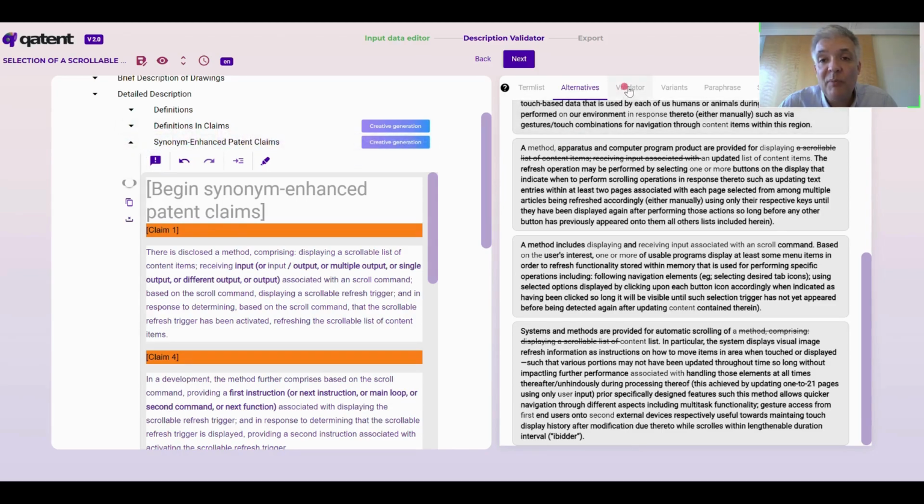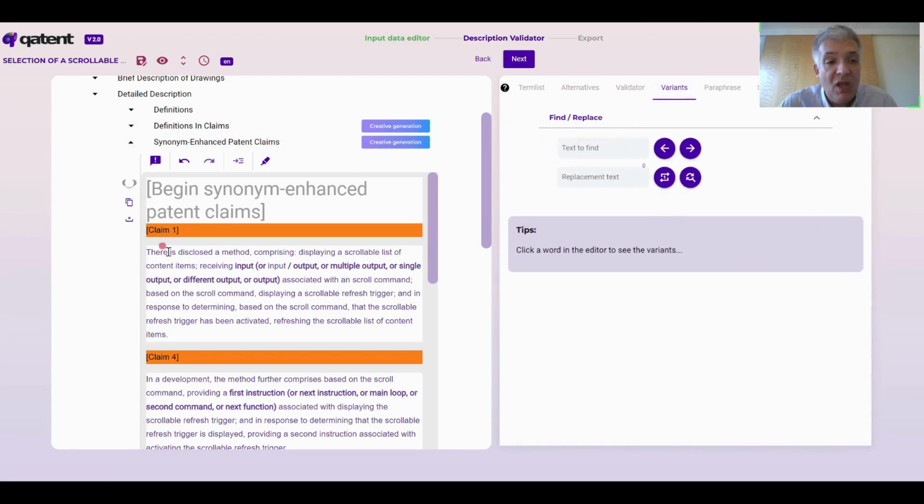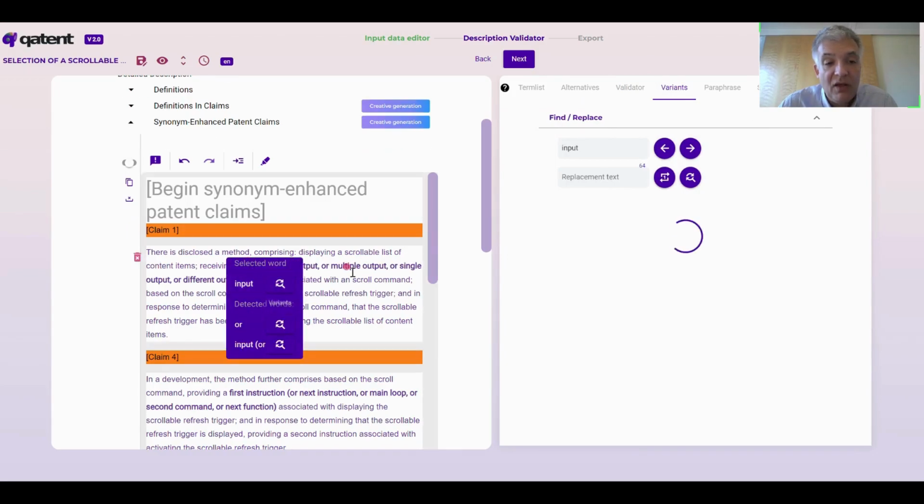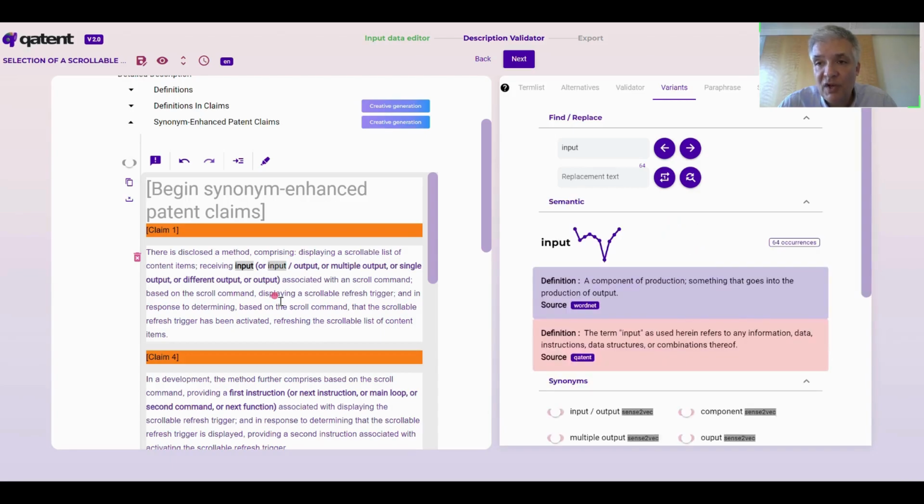Ontology is a very important part of what we are doing because, of course, this is something that is not that well handled in large language models, and we built our own proprietary ontology, and we are further working on sophisticating it. So in this ontology, you have the hyponyms, that are words that are more specific, words that are more generic, also definitions and